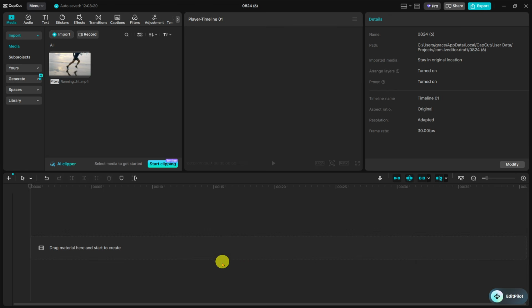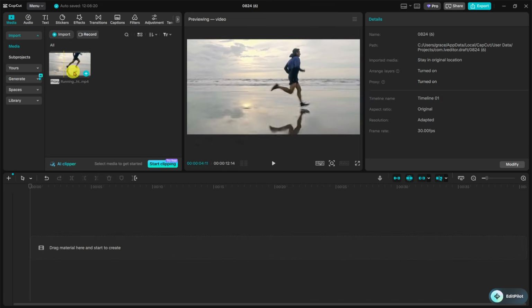The timeline is the main area where your video clips are placed for editing, and this is where CapCut lets you control how your media appears in the final result. When you drag the video into the timeline, make sure it has been added properly and is visible as a clip. If it does not appear right away, give it a second and confirm that it has been dropped into